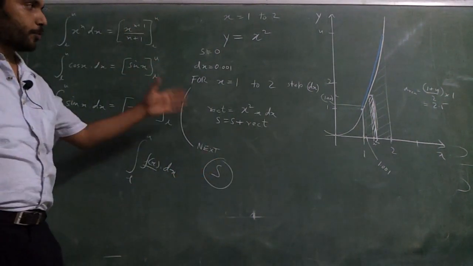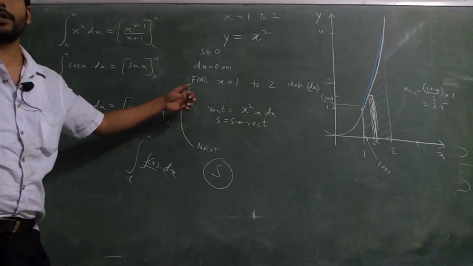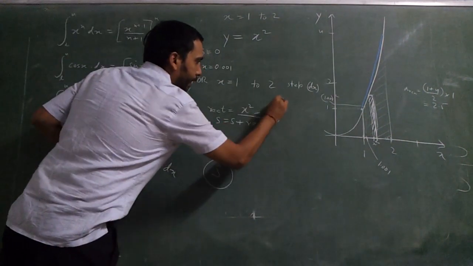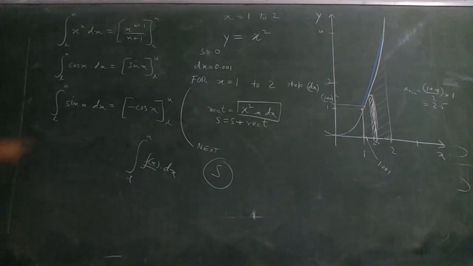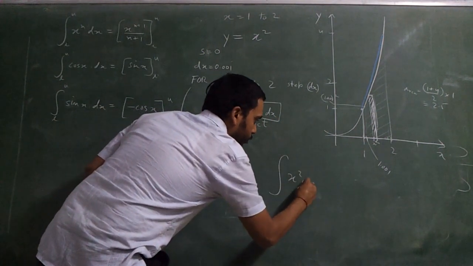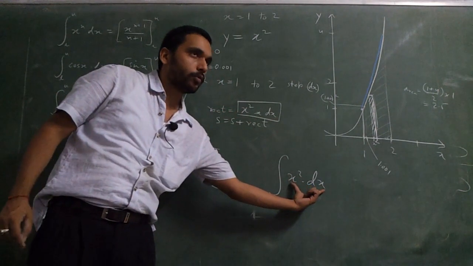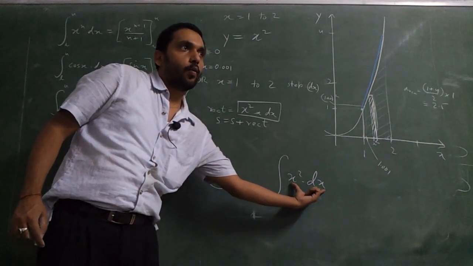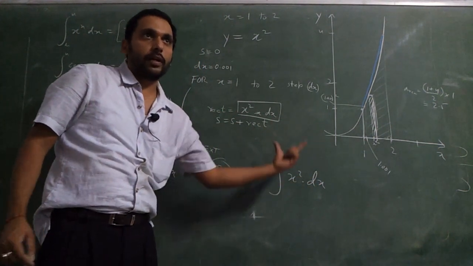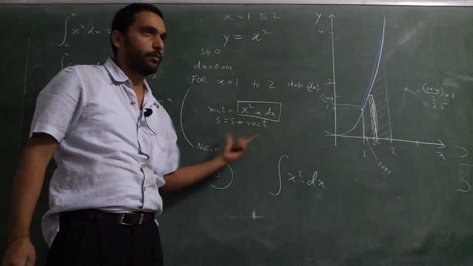So this program is doing what this does. This loop and this loop are the same thing. What is this loop? The rectangle area is calculated as x square dot dx. In the integration we will write it as x square dot dx. Same thing. This is the area of one rectangle, and the same rule should be applying all over. It should not be a different rule at the starting and a different rule at the end. That is not integration. So in a loop, the same rule should be applying all over.